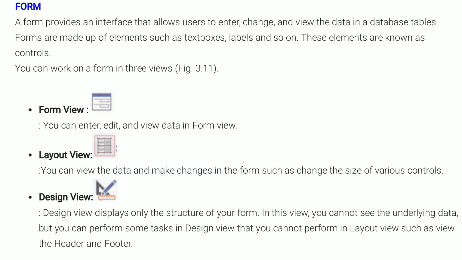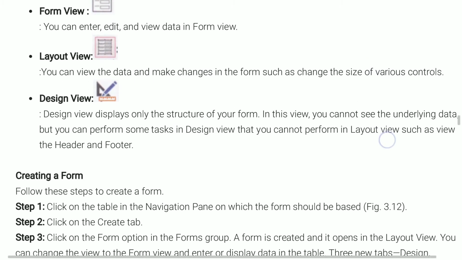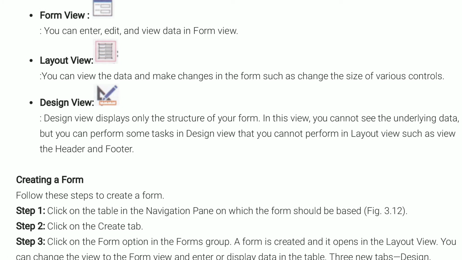There are three views that can be used by us to work on a form in Microsoft Access database. These three views are, as you can see on the screen, form view, layout view and design view. Using these three views we can work on the form. First one is form view. Form view can be known as the normal view of a form.